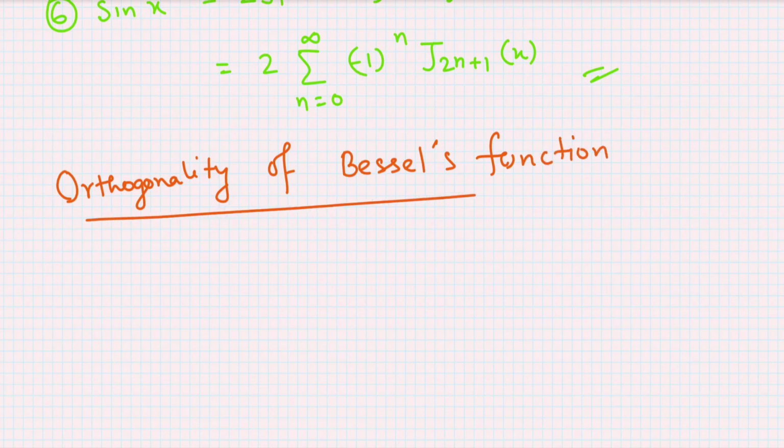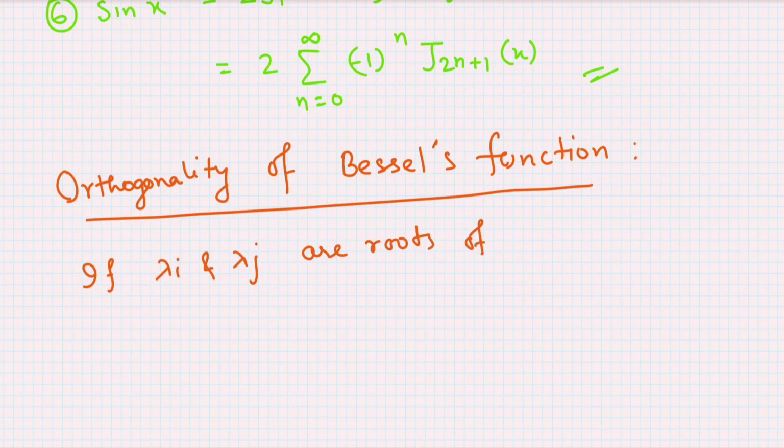Now, if lambda i and lambda j are roots of Jn of lambda a equal to 0, then